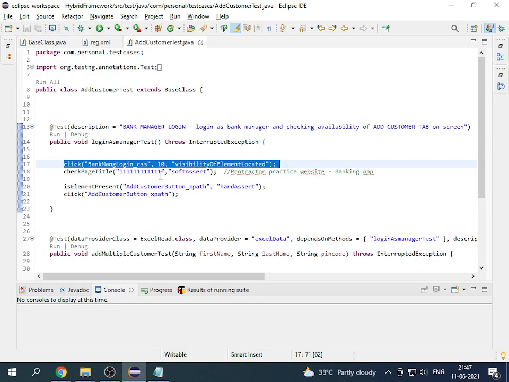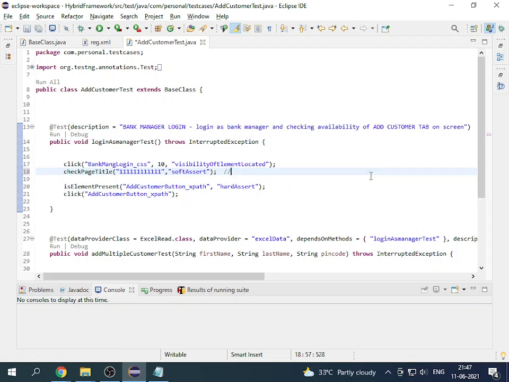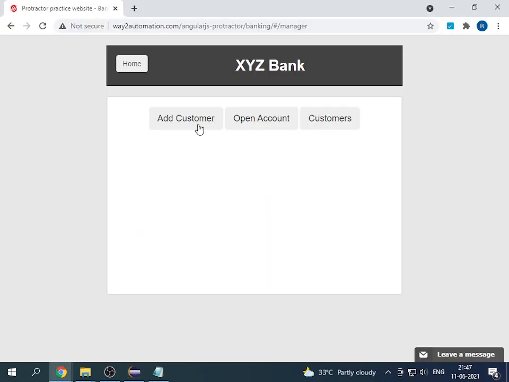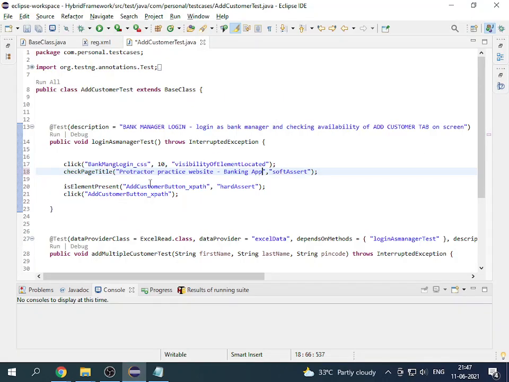I have given it incorrectly over here, I can change it, but while we are doing some sort of testing, I need to showcase it. Let's change it to something correct. Then it's going to check the visible presence of the element, the add customer button, and then we are going to click on this one.